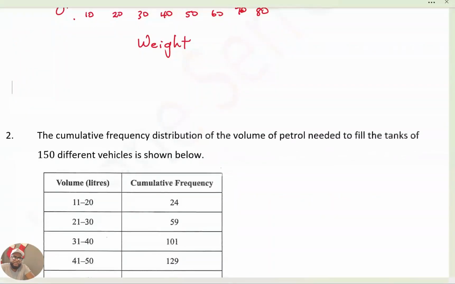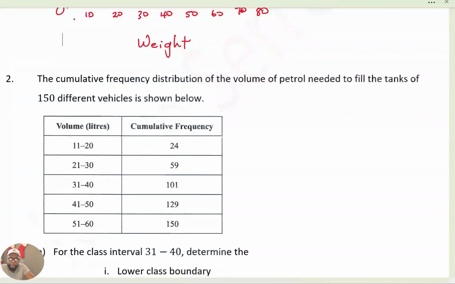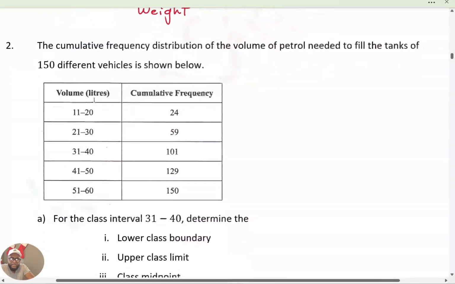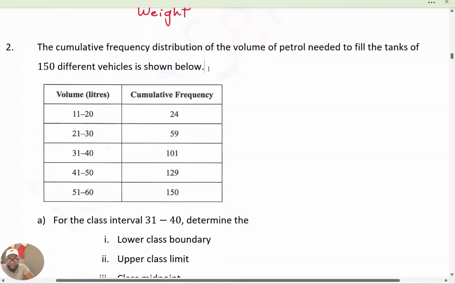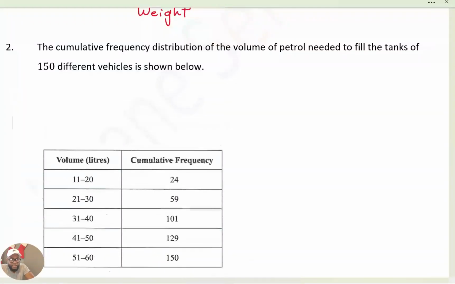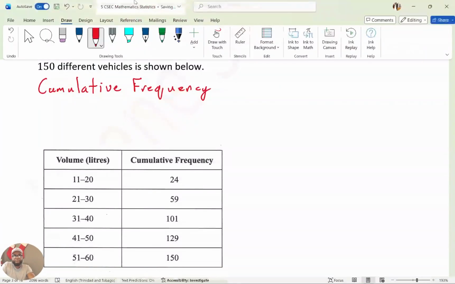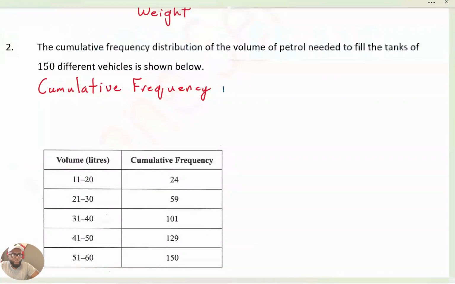The cumulative frequency distribution of the volumes of petrol needed to fill the tanks of 150 different vehicles is shown below. So I just want to let you all know what cumulative frequency is. I'm going to give you all a little note. Cumulative frequency. Right? So cumulative frequency is